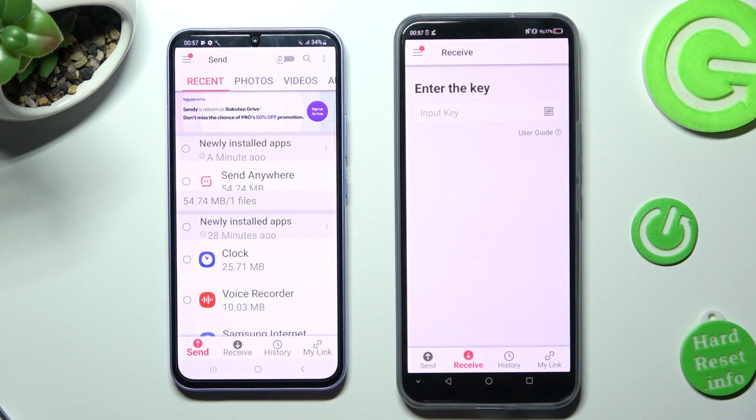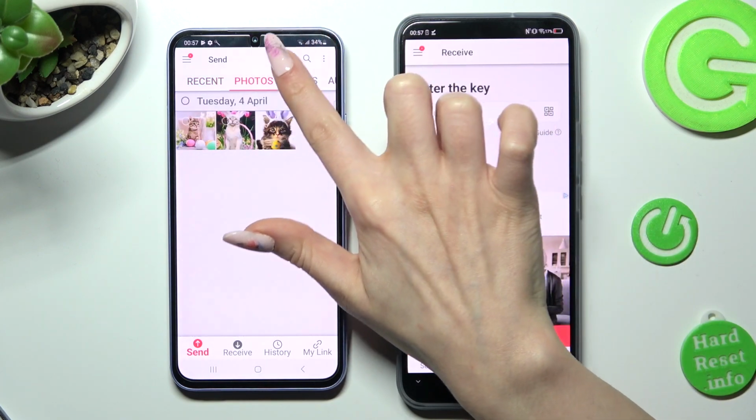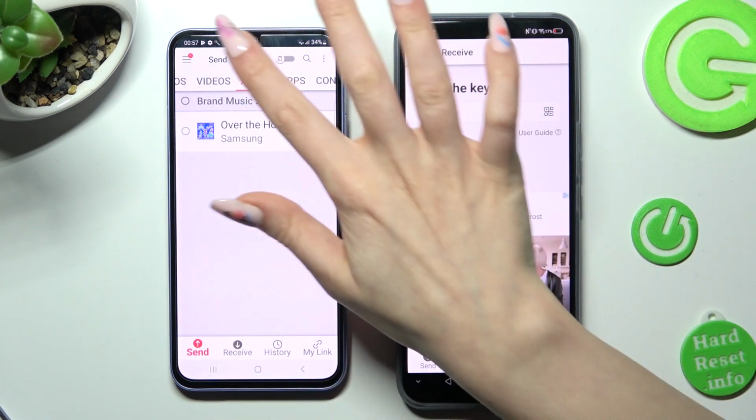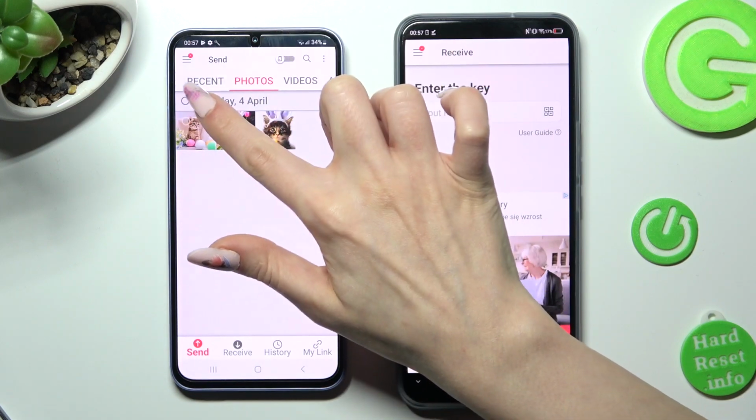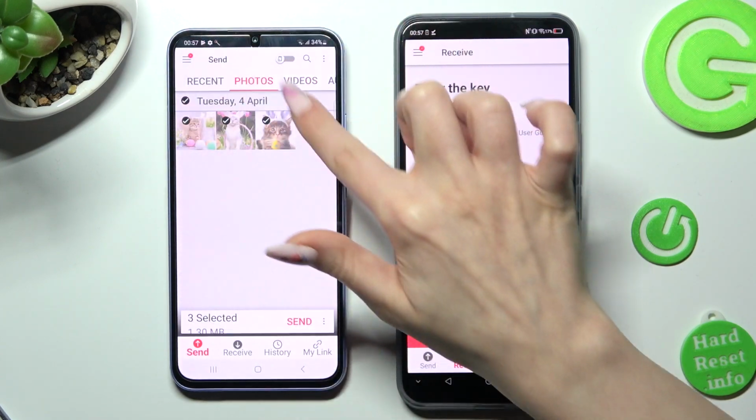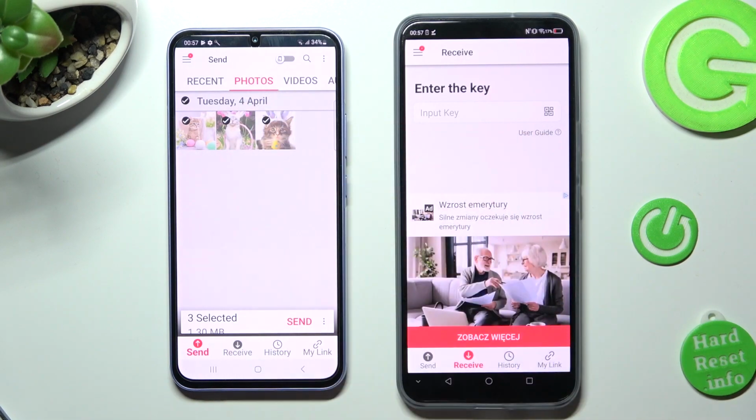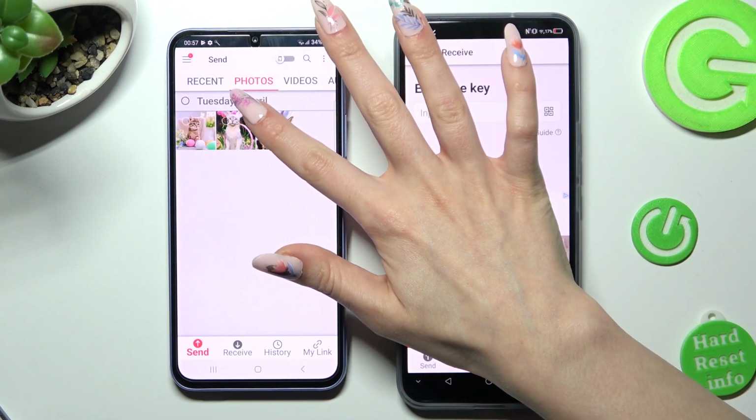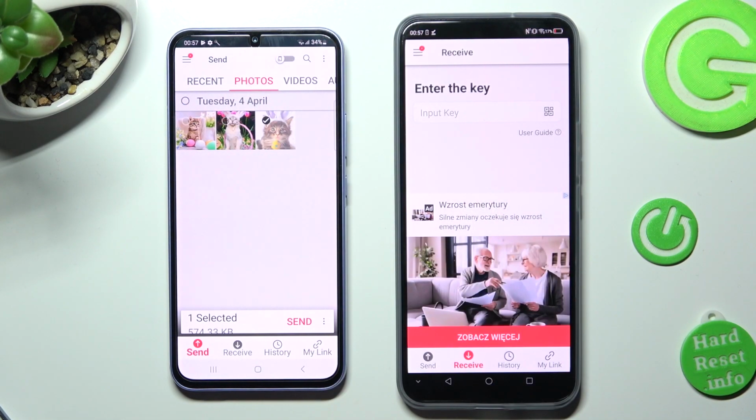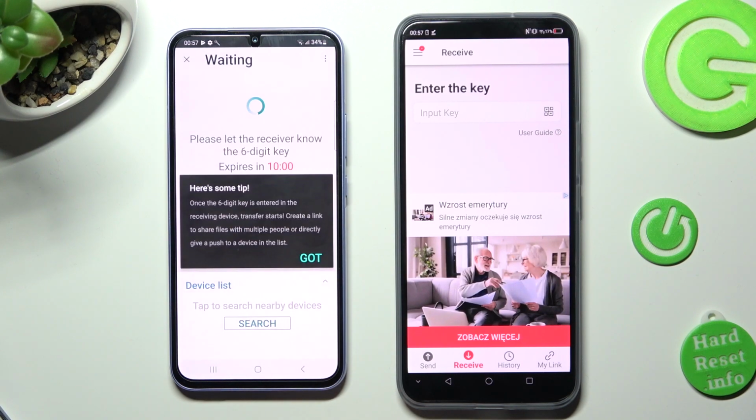On it, you can click on all of those categories at the top and in them choose those type of dots to select all of your files from this category. You can also just click on the chosen ones. Now click on Send next to Selected at the bottom to continue. Then click on Got it in Here's Some Tip pop-up